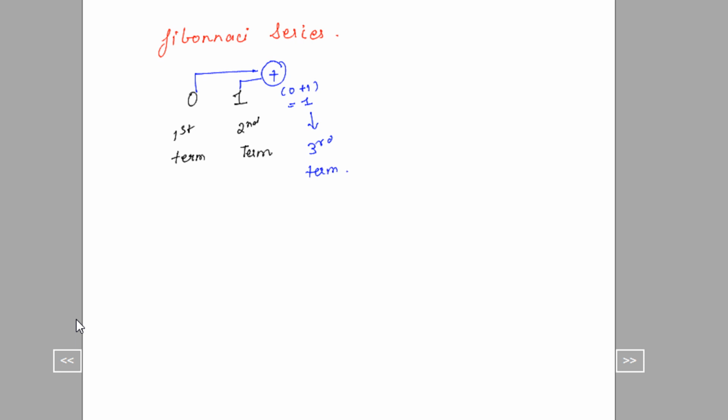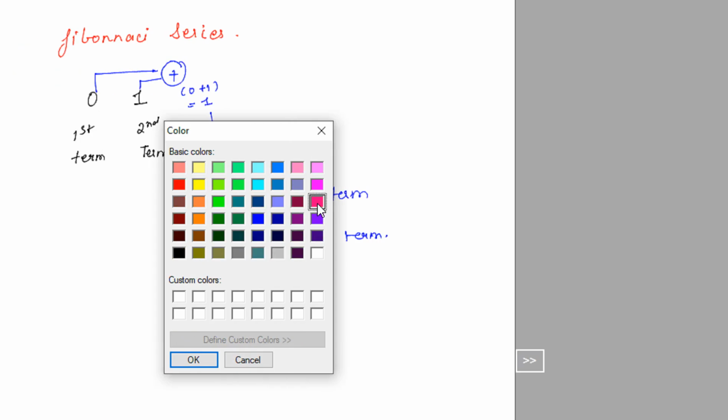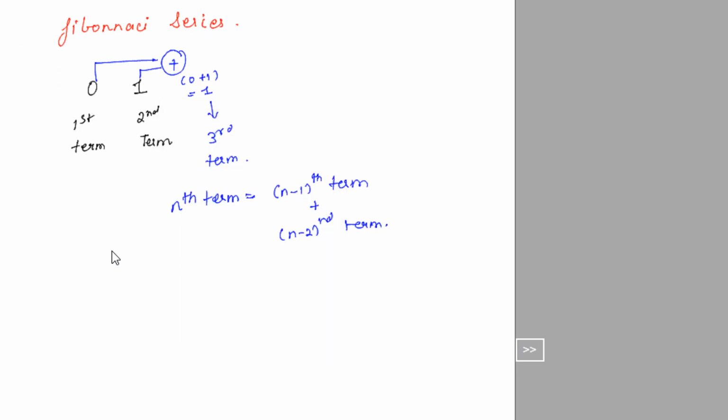So the nth term is equal to the n minus first term plus the n minus second term. Let me change the pen color. So what will be the fourth term?